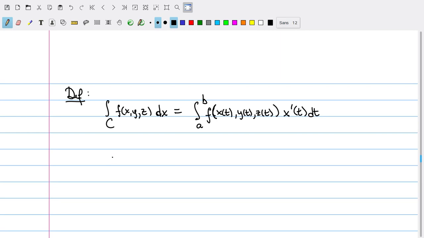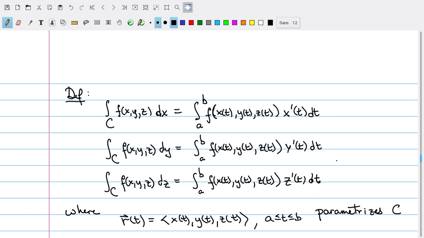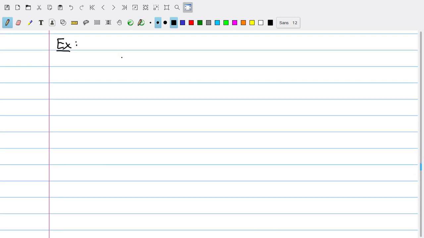We can similarly define integrals with respect to x, or y, and with respect to z in the most obvious way, where here, once more, r of t is just that parameterization of the curve c, r of t equals x of t, y of t, z of t. So these are nice straightforward things to do. So we've got 4 different line integrals now. The line integral with respect to arc length, ds, as well as the line integrals with respect to dx, dy, and dz. For example, let's calculate the integral over c of y dx plus z dy plus x dz, where